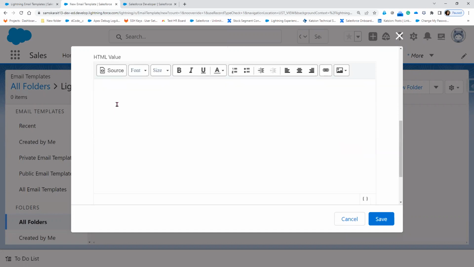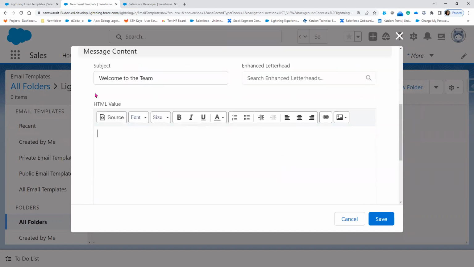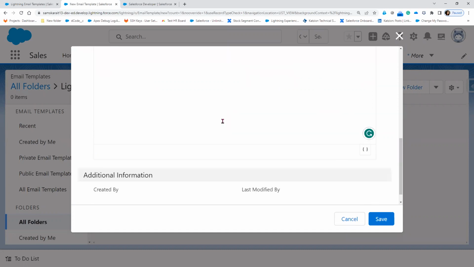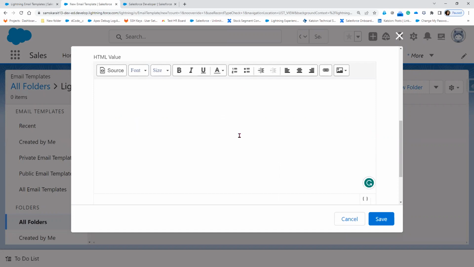Now here you can add any information if you want. This is just an HTML value, but this does not give you the content. It's not a content actually. Now, if you want to add information,